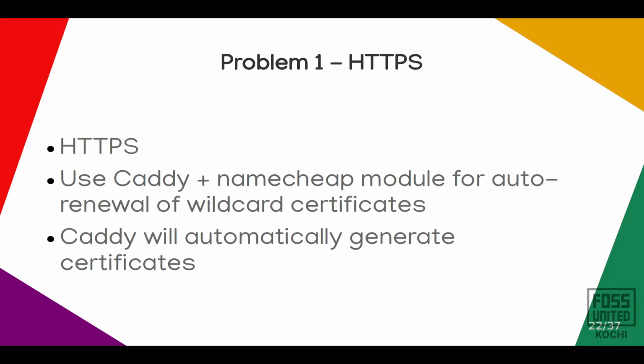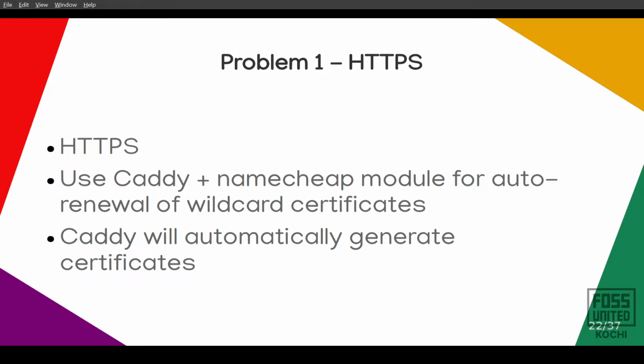Okay, the first problem: HTTPS. Most domains, at least for Google or anywhere now, HTTPS is a minimum requirement. You need a website that is HTTPS. So that's the problem here. As previously shown, any subdomain like suffix.kitun.com wouldn't work. It shows a secure connection failure, because HTTPS is not possible when there are multiple subdomains. It is hardly possible. So what Caddy does is that whenever there is a new subdomain coming,